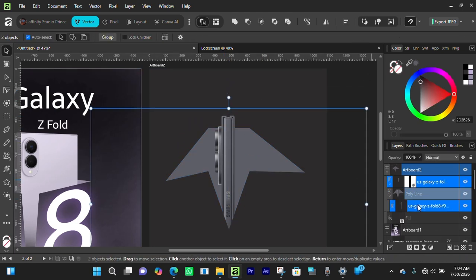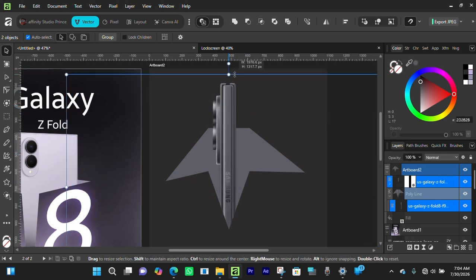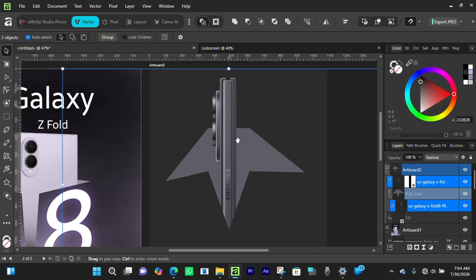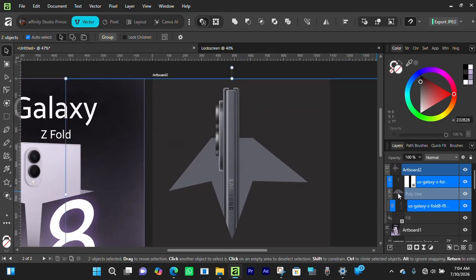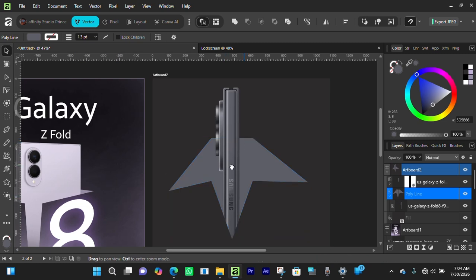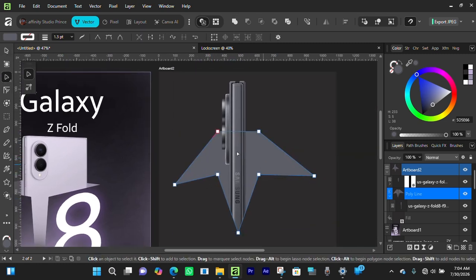Let me increase the size for the image. I select both images and then press and hold Shift to increase. Let me edit this shape here to look like this. So I select the Node Tool and then